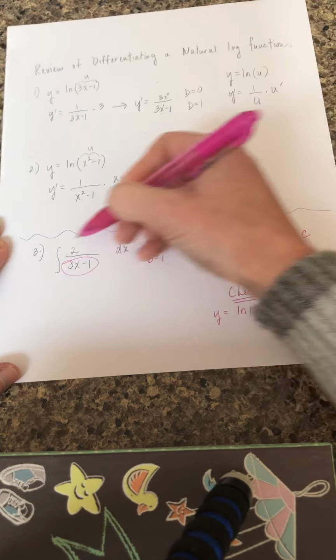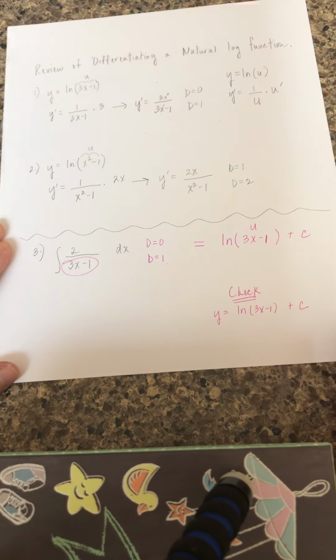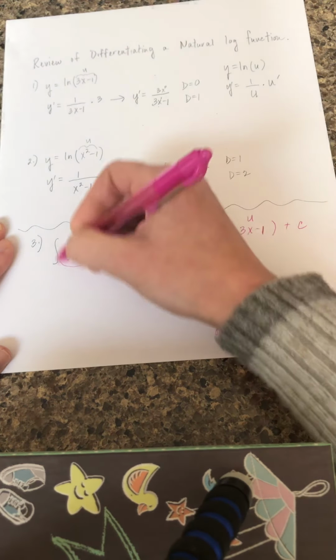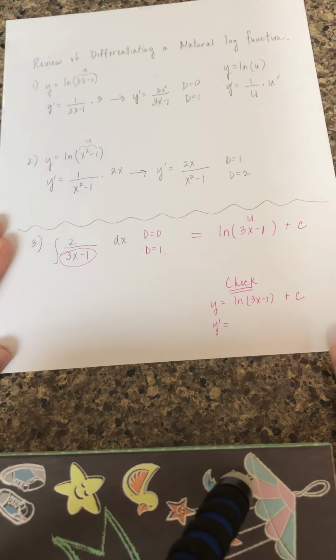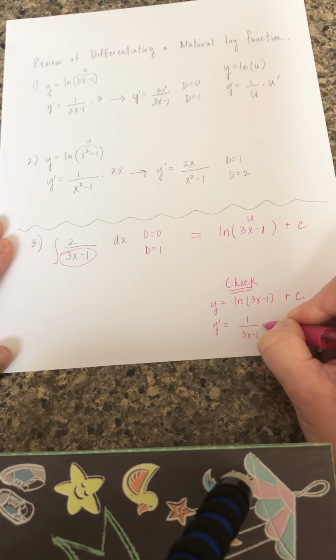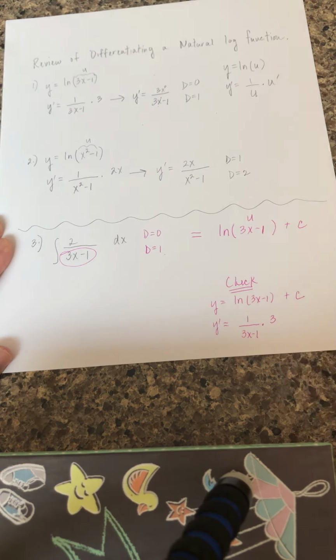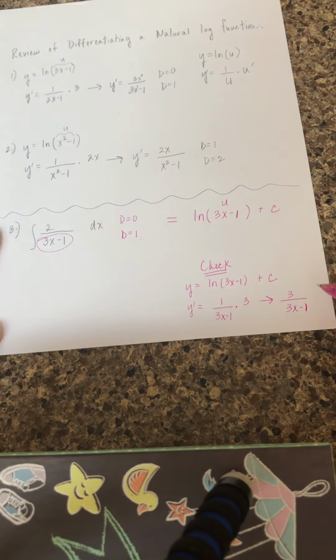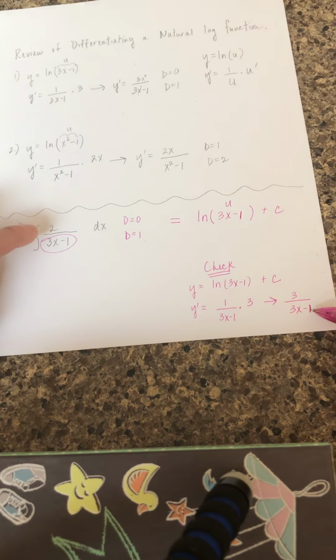And this, to us, represents the derivative of that original function. And if we go ahead and find the derivative, which again should look like this, we are going to be a little bit off. 1 over u times u prime. And of course, the derivative of a constant is 0. So that final derivative as of right now looks like this, which is not a direct match to what we want our